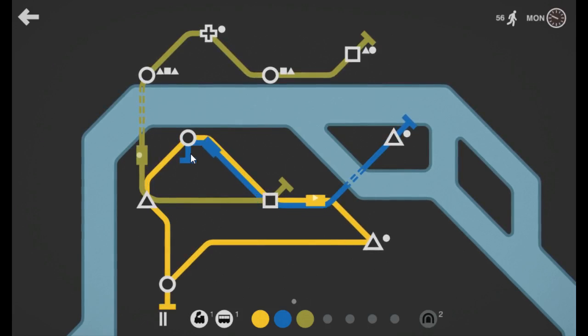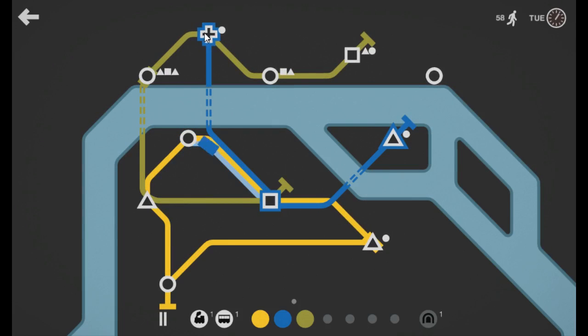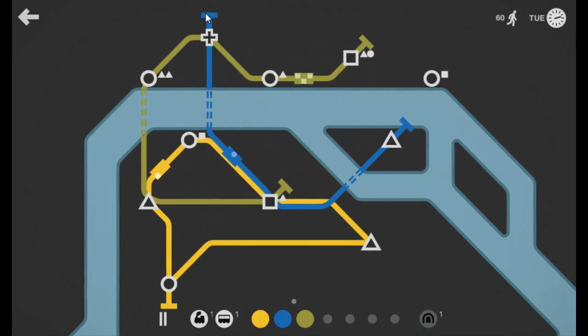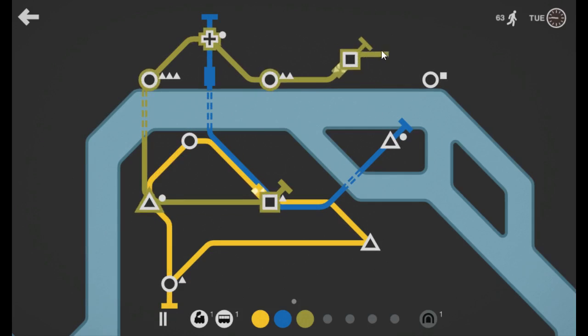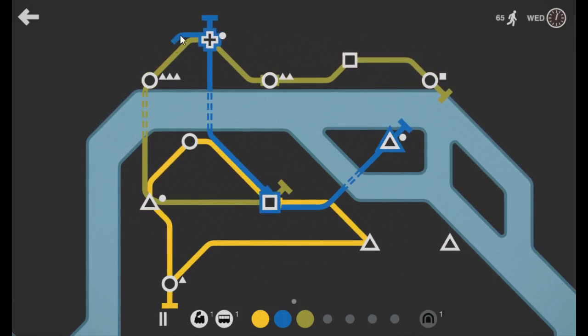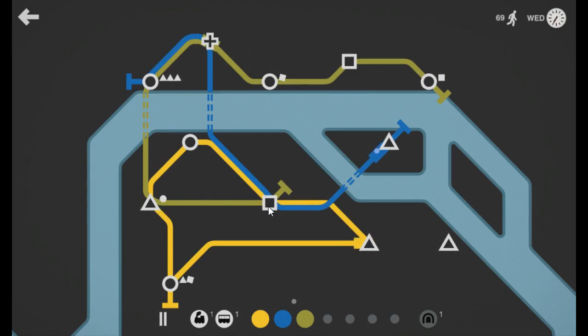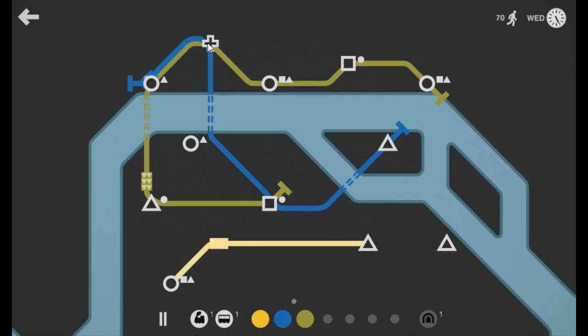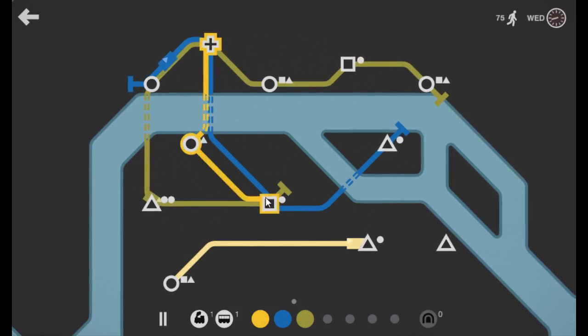bridges left. If I drag this blue up, that will use 1. And now there's not a circle on that line. So I could have this go over to this circle, but instead I think I'm going to have the green go over to the circle, and I'll use this to come over here. And now I want to try to get that yellow line to come up here. What I'm going to do is go ahead and start that yellow line over. I'm going to start it at the plus sign, come down, go through the square,